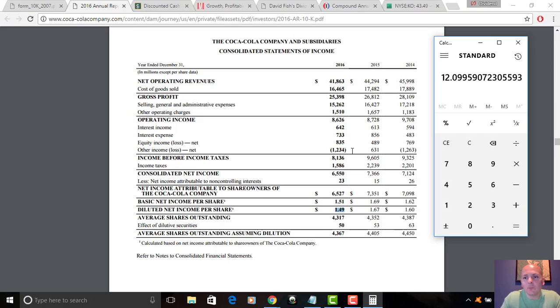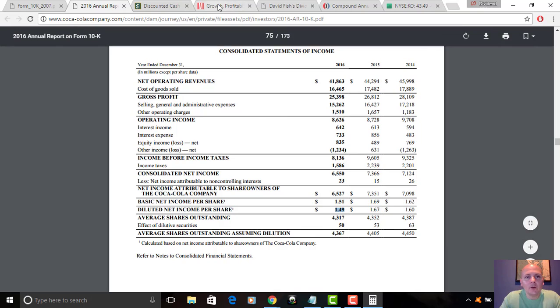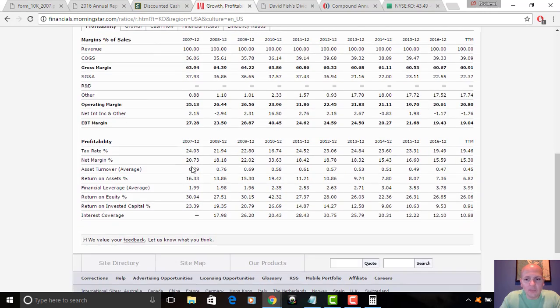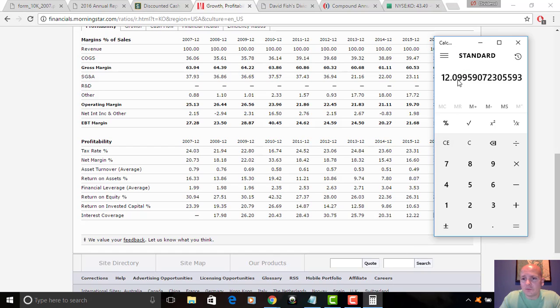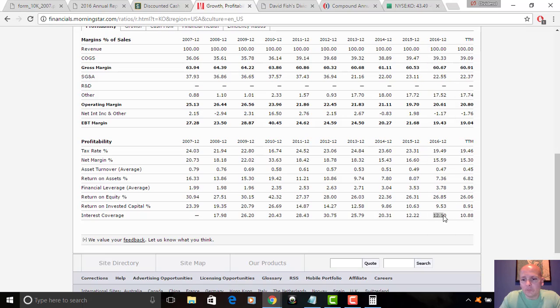But low single digits is something you might want to stay away from. And we can see here Morningstar, if we pull them up, they usually track that, and you can see here 12.10, guys. 12.09, which is rounded up, 12.1. So very accurate, but we can see a deterioration here. Again, I already showed you the deterioration in the balance sheet, but you see that come up in the interest coverage ratio too. It was about 20 over a decade ago, and now it's in the low double digits. And actually for the trailing 12 months here, it's almost breaking below 10.